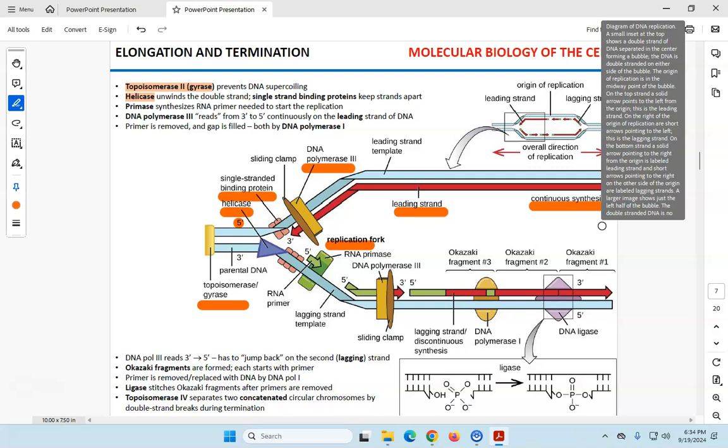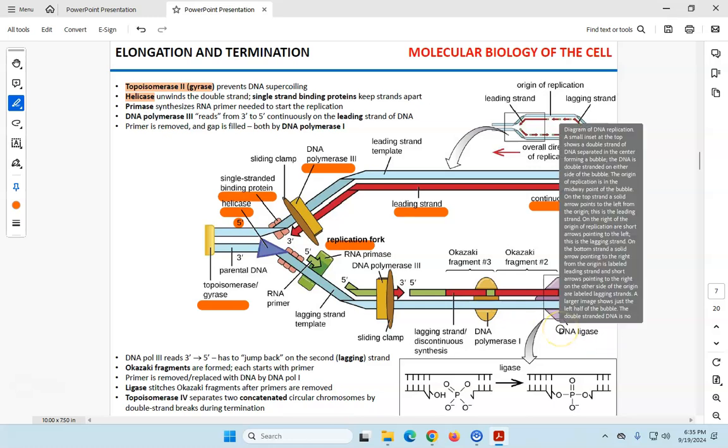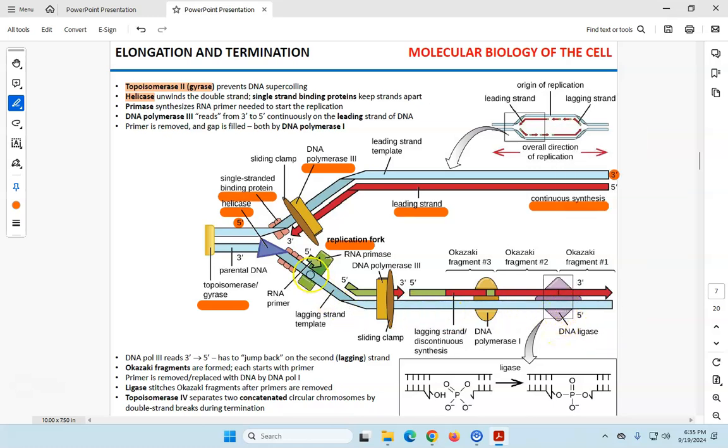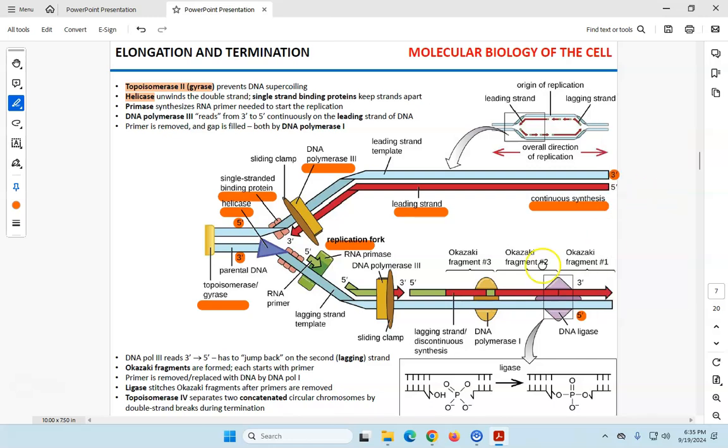Right? Now, copying just one strand is rather ineffective, so you need to copy this one, the bottom one. Can you put DNA polymerase 3 here and just go in the same direction as the replication fork goes? Why? Yeah, because of the direction, right? So you have 3' here and 5' there. So what happens is